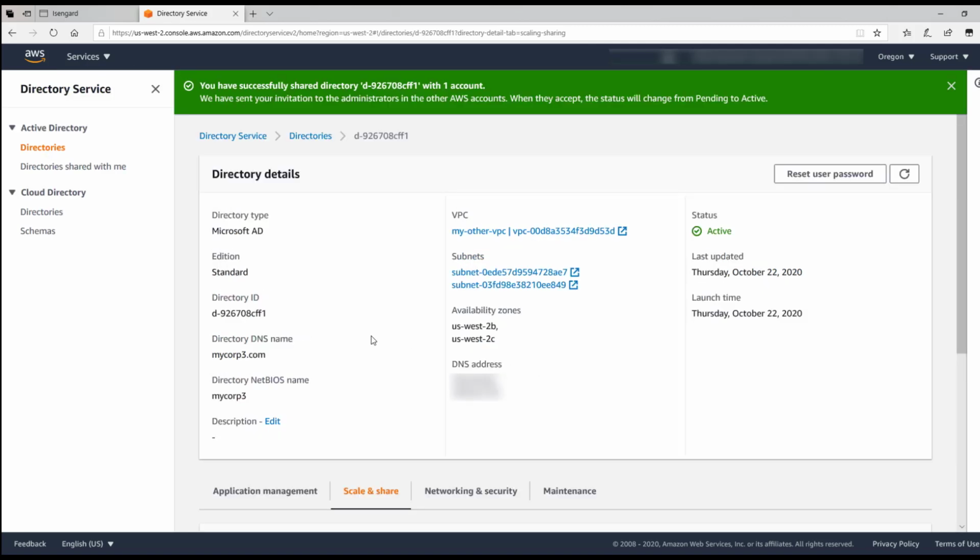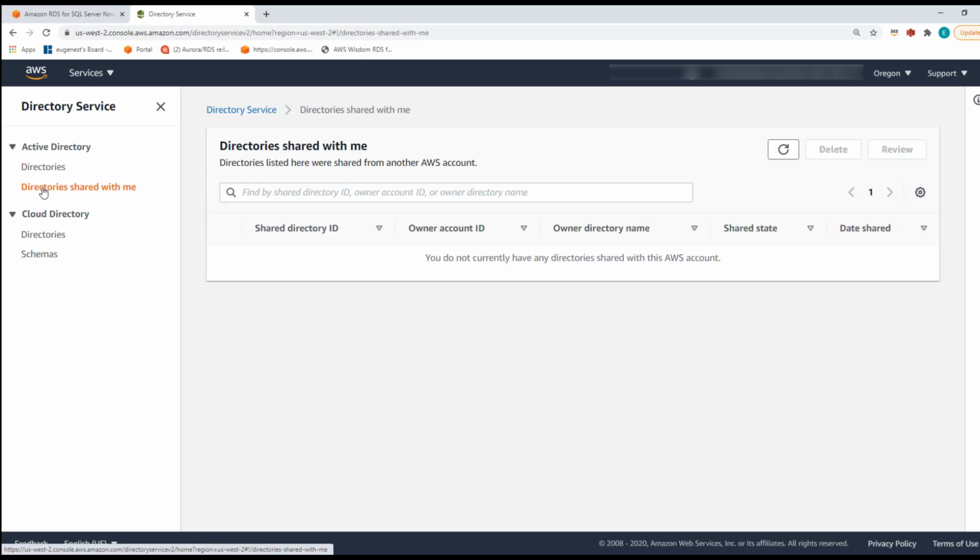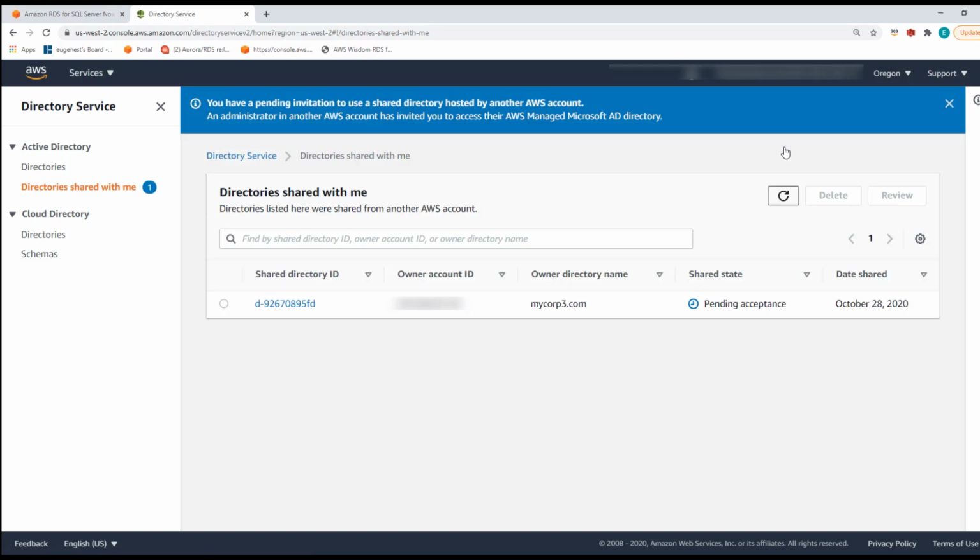All right. So let's go back to our second account, that's the account where we're gonna launch the RDS instance, and let's check on the left nav. Let's check the directories shared with me. There are currently nothing. Oh yeah, it appeared. And the shared state reads pending acceptance. So essentially, for this to work, we need to accept